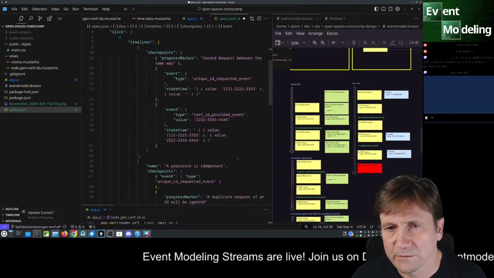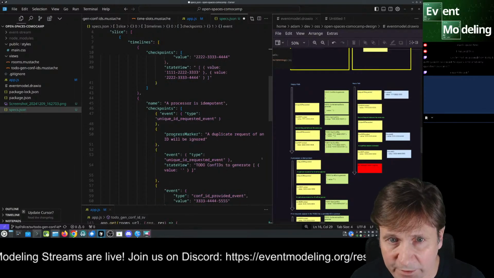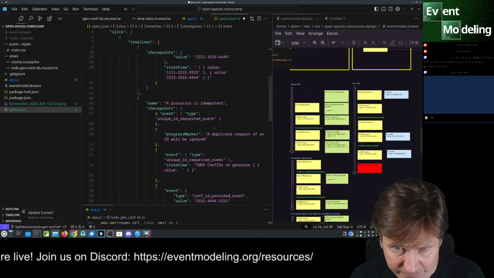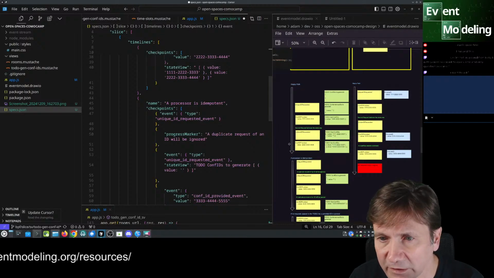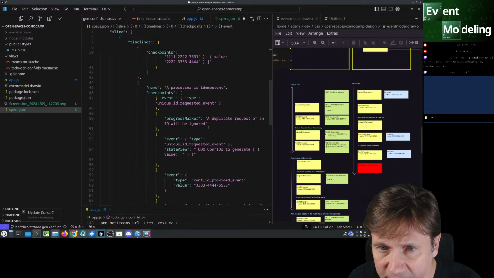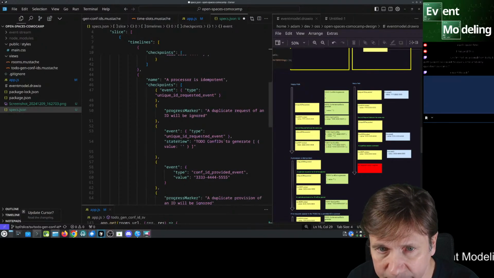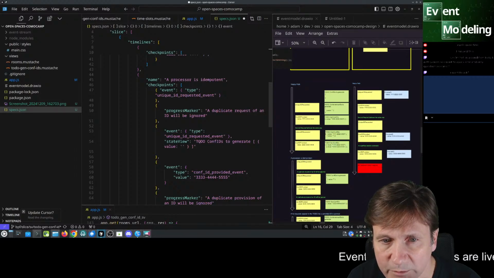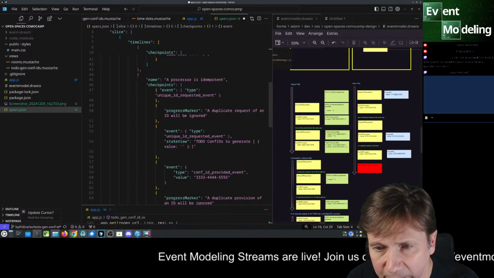So okay, one checkpoint here. The processor is independent. Then we have an event of type unique ID requested. Duplicate of a request is ignored. So it just shows that there is only one object in there.